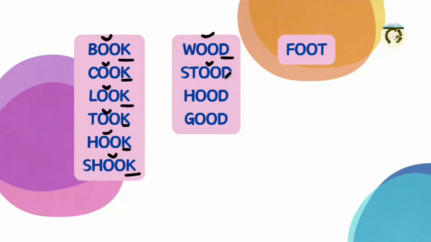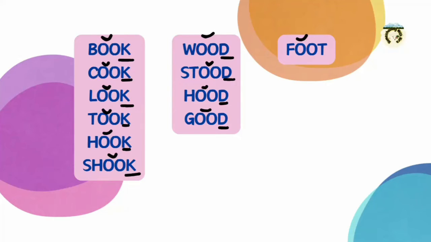St, d, stood. D, hood. G, d, good. Short oo sound. Another common word that is not following any pattern but it's commonly used, it's foot. Foot. Stay tuned with me because I'll be giving you some tips on how you can help kids memorize these